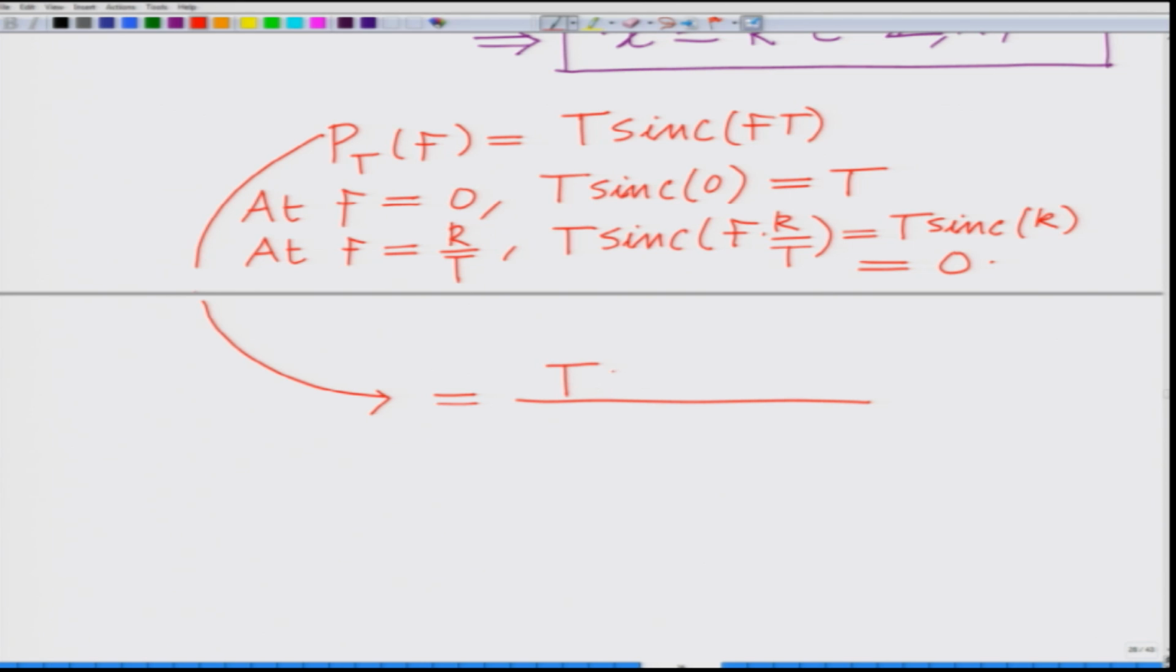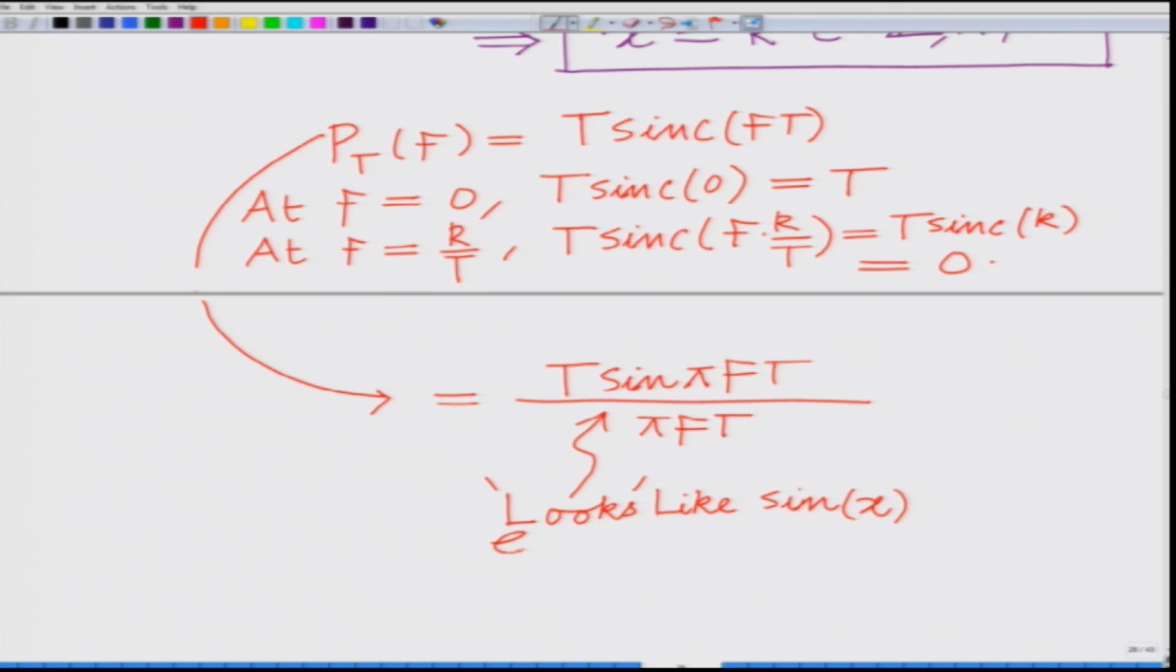This is t sin pi f t by pi f t. So, this looks like a sine, so this looks like sin x, except